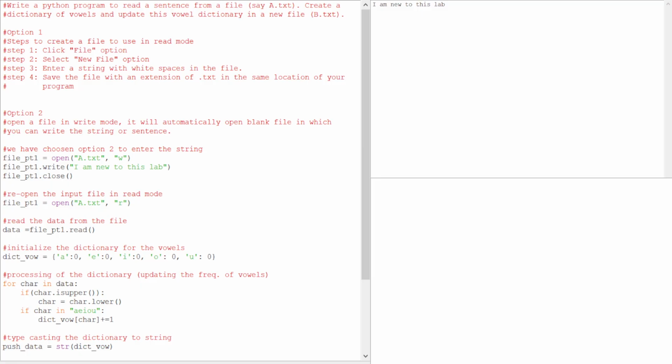So in order to handle this, I have used a function called isupper. If the character is upper, I will convert this character into lower first, and then process that character as a vowel or not a vowel. Suppose the first character I is in caps. It will say that I is upper, this will return true. It will go here, change the case of the character to small case, and then come here and say